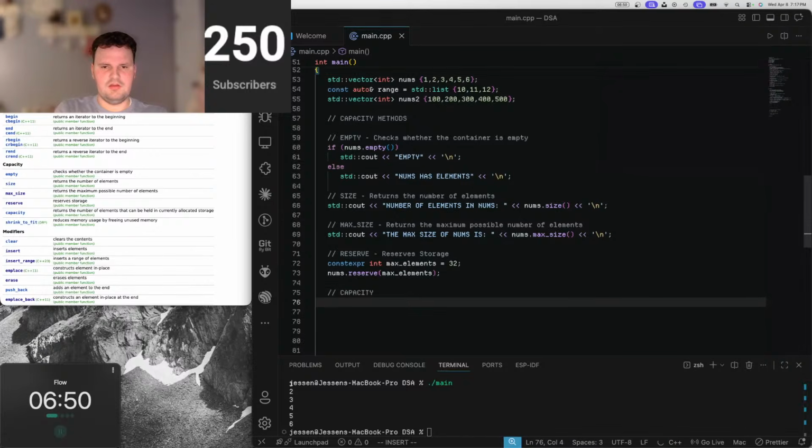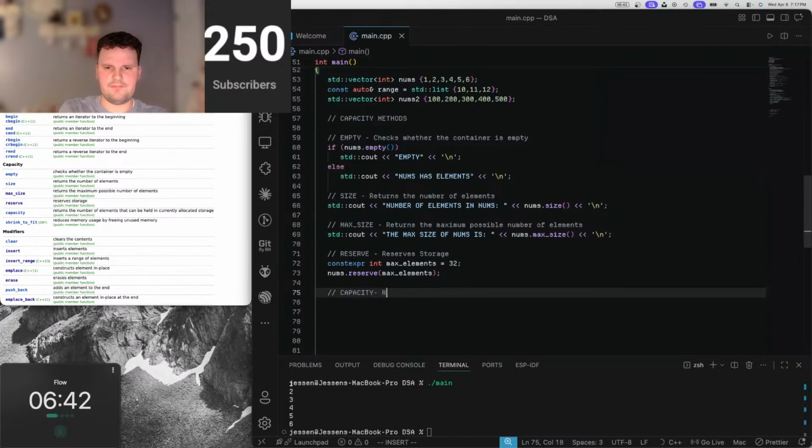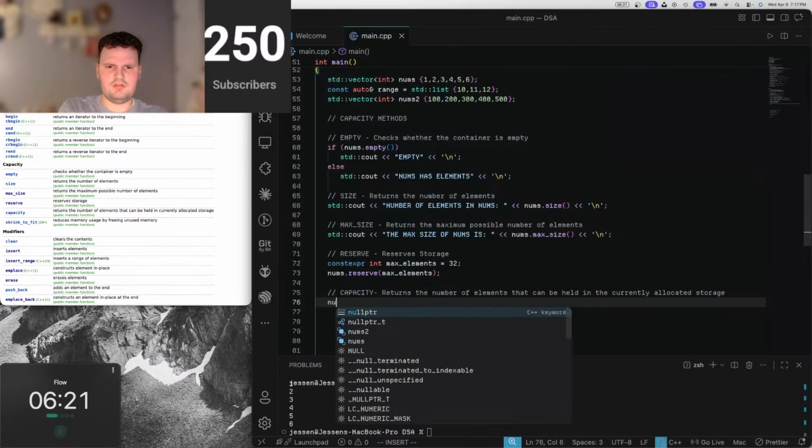Capacity returns the number of elements that can be held in the currently allocated storage. So nums.capacity. So we probably just do